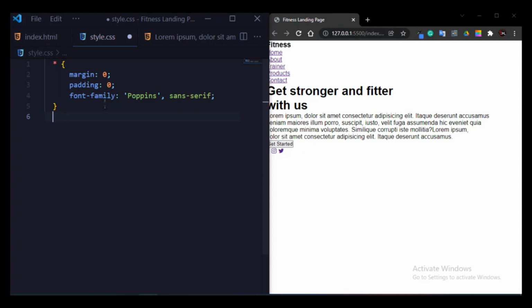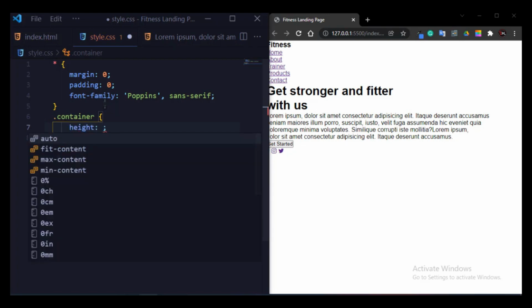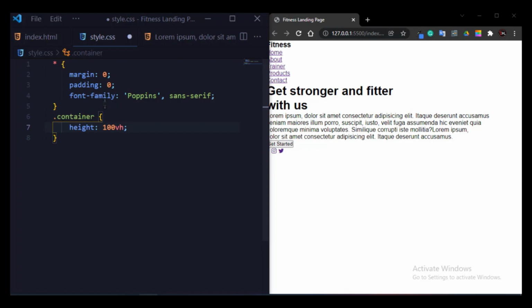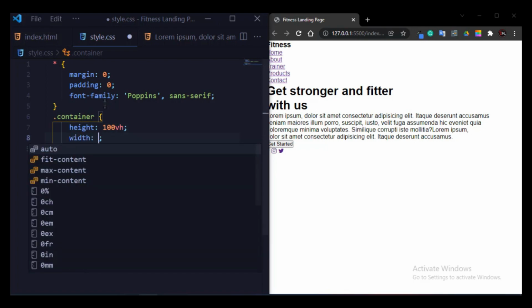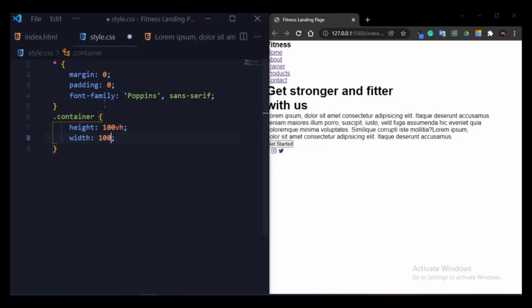So now I will write the container class name and do some styling. First of all I will write height 100vh, width 100%, and now I will import the background image.